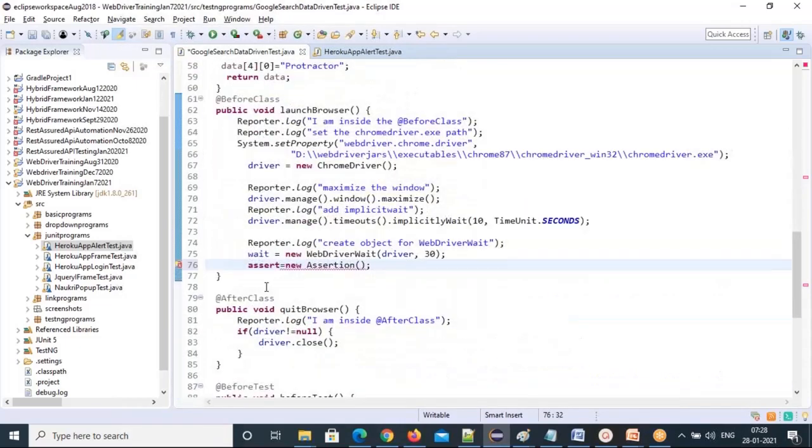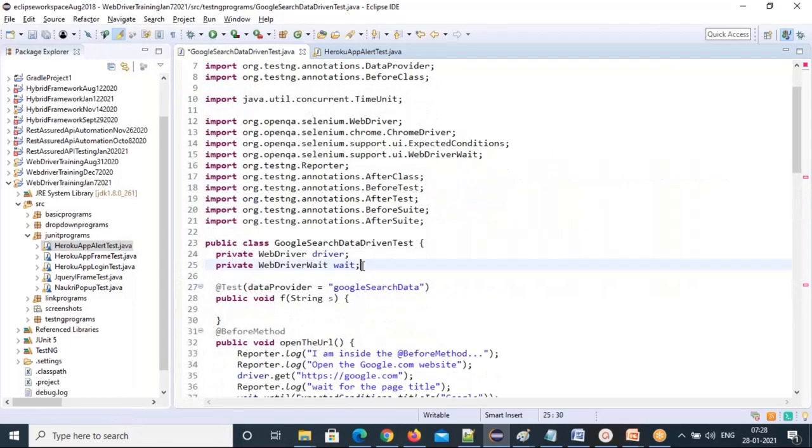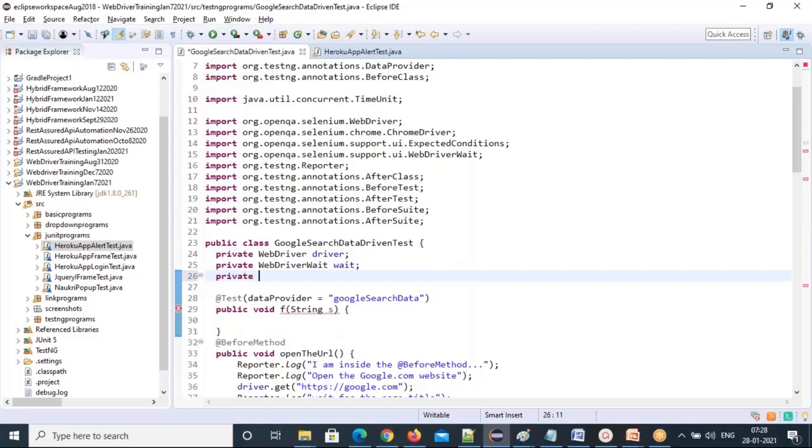Hard assertion. We can put hard assertions. Let's put hard assert, and this variable I'll declare globally. So globally you declare private Assertion hardAssert.